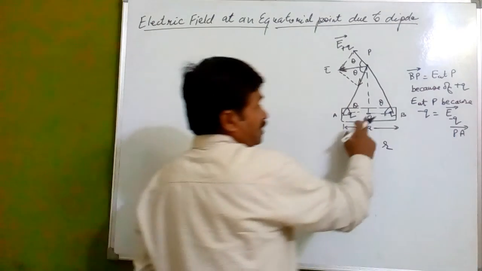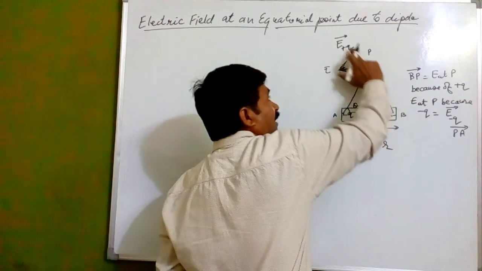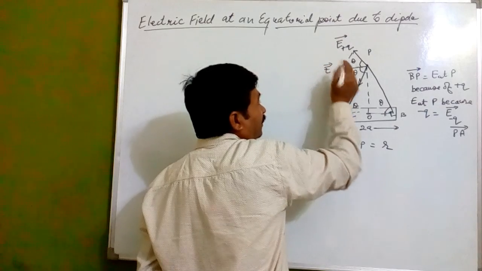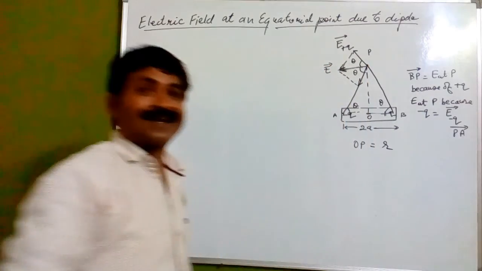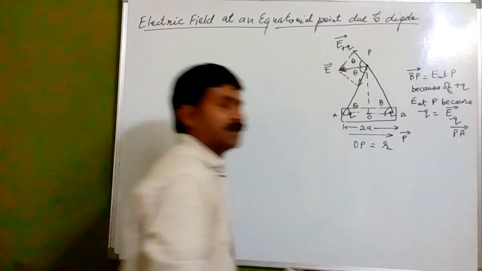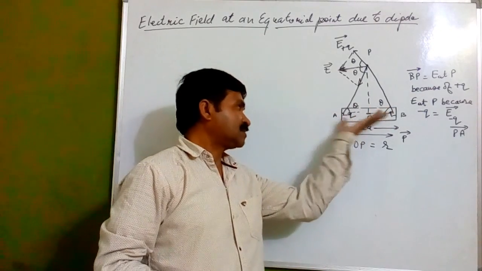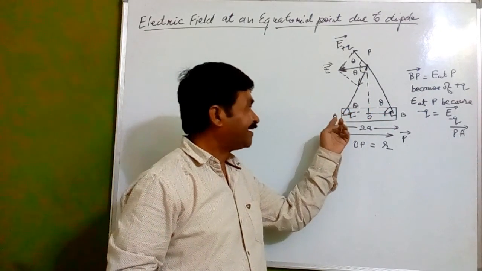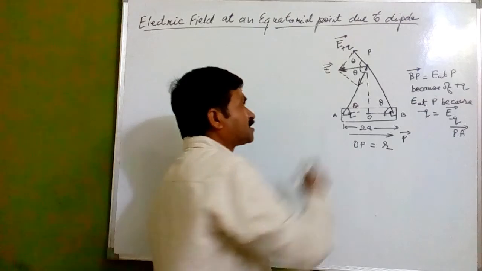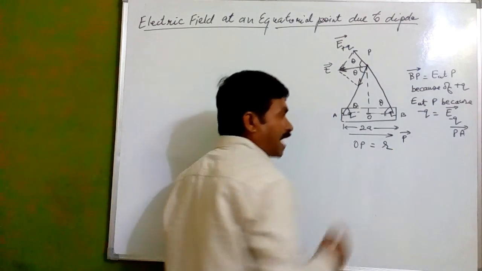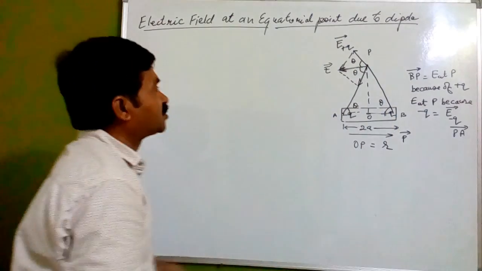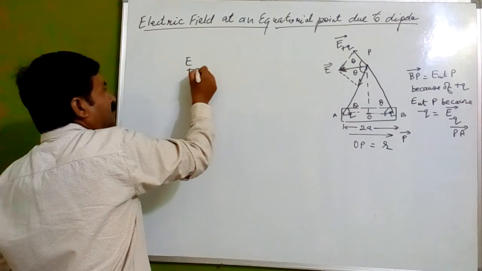Now see here what is happening. We are getting an electric field in this direction and an electric field in this direction, and because of these two we get a resultant electric field acting in this direction, and the dipole moment acting in this direction. The dipole moment of this dipole, which we have labeled AB, is separated by distance 2a, and the distance from O to P is r. Now we want to know the electric field at point P because of the plus Q charge, which we are going to see now.